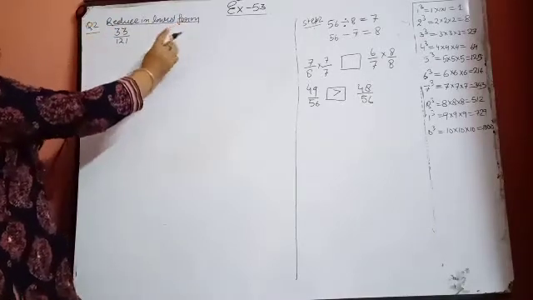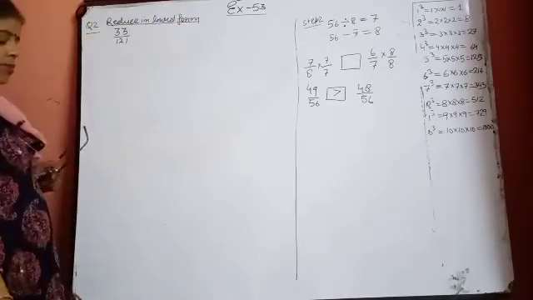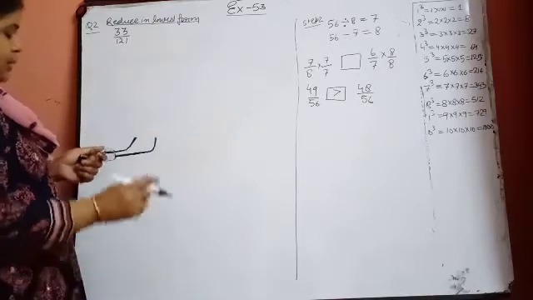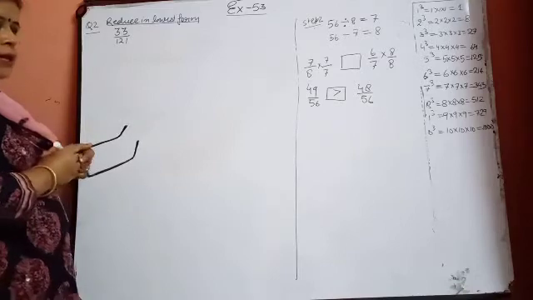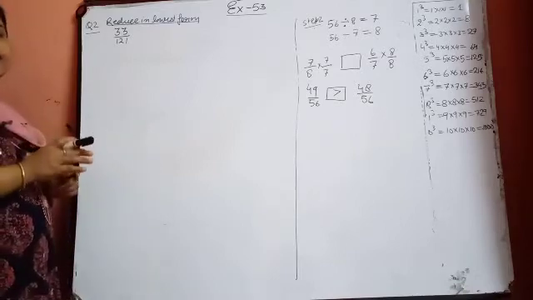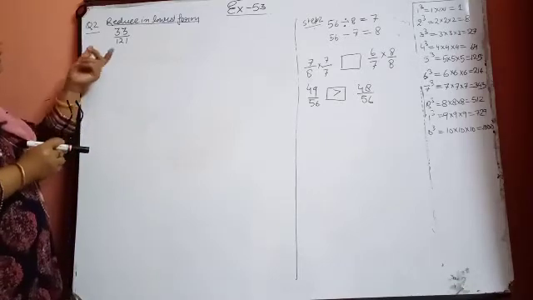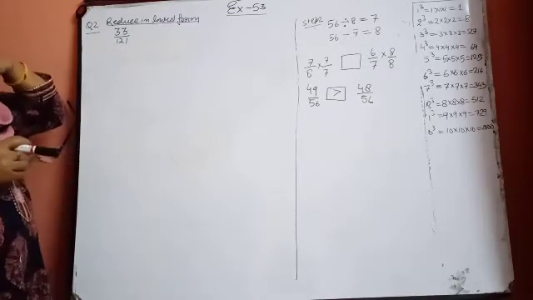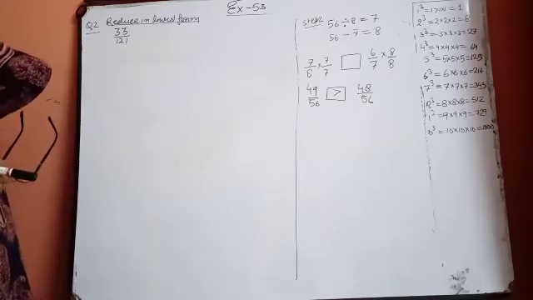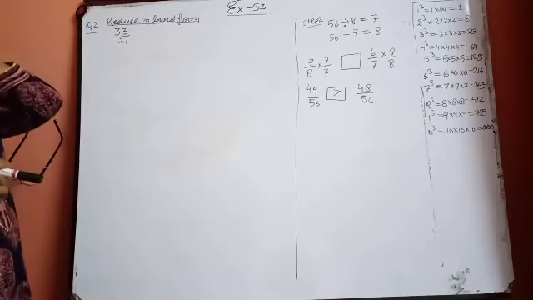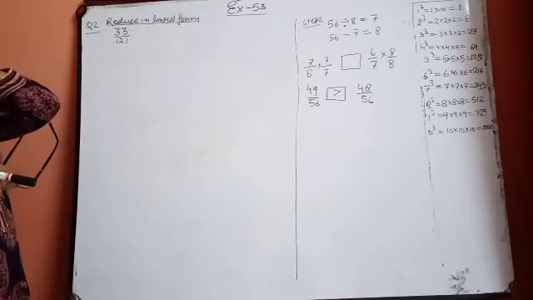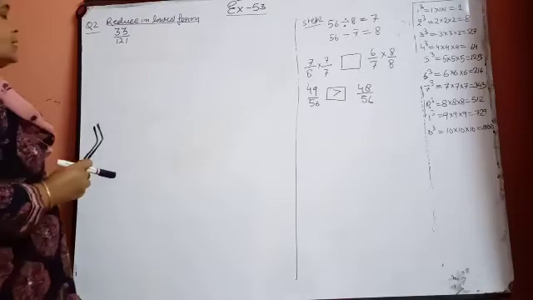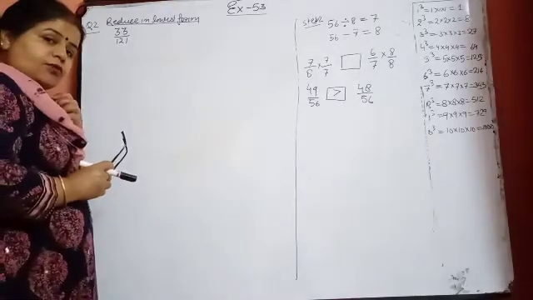Reduce them to the lowest form. The fractions are given and you have to convert them to the lowest form. As we were doing previously, while comparing them we were taking the LCM. But for reducing a fraction to the lowest form, we will do the prime factorization and then take the SCF. And the SCF you just learned in the previous chapter.